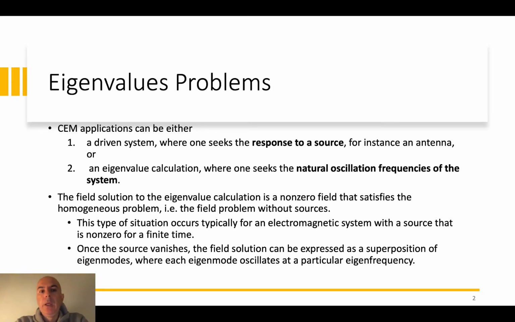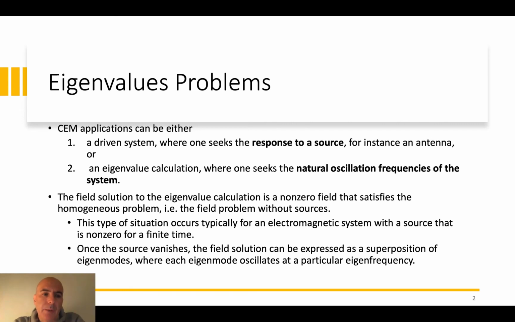They can be either a driven system, where we seek the response to a source, for instance, an antenna emanating electromagnetic waves. So we inject a source, and then we calculate the response to this source. A second kind of problem is the so-called eigenvalue calculation, where we calculate the natural oscillation frequency of the